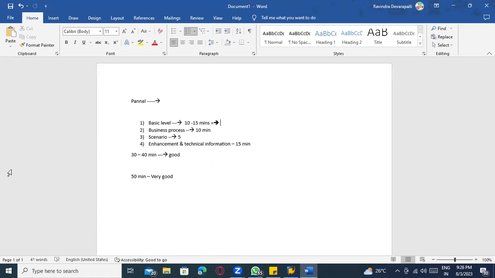From an integration point of view, MM-FI integration and MM-SD integration, these two are very important, because most clients are using them, and almost every client has this FI-MM integration to populate this data to the finance level. So these two are very important.